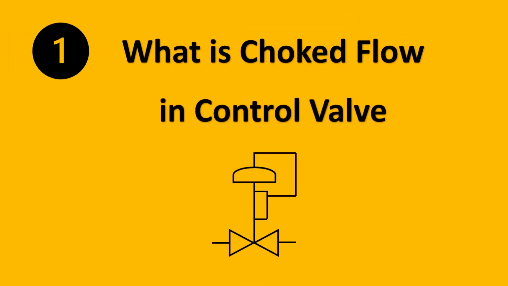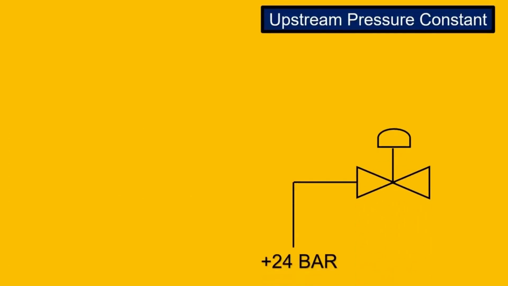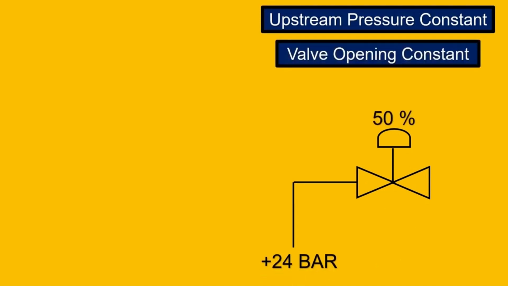The first asked control valve question is: what is choke flow in a control valve? So let us look into that. If we have to understand this concept, we can say that if we have a valve and we keep the upstream pressure constant at 24 bar, and the valve opening is kept constant, for example, let's say 50 percent, and we keep decreasing the downstream pressure, like 20 bar, 19